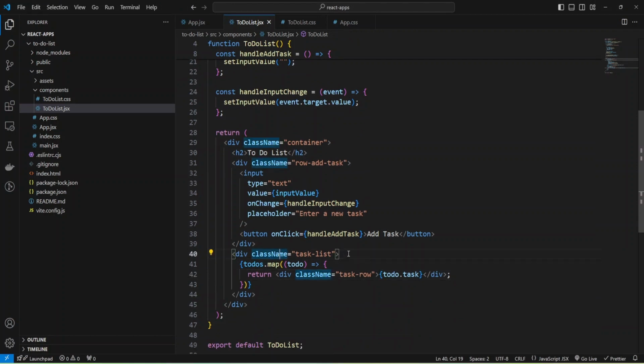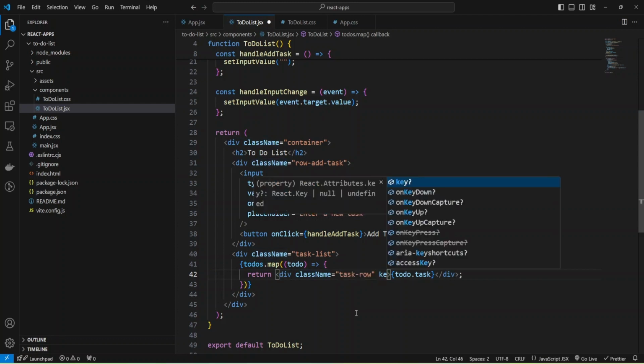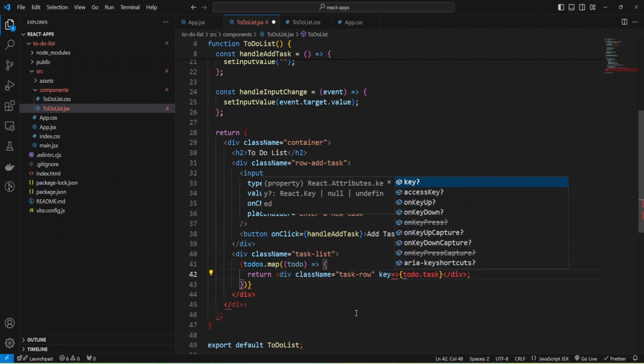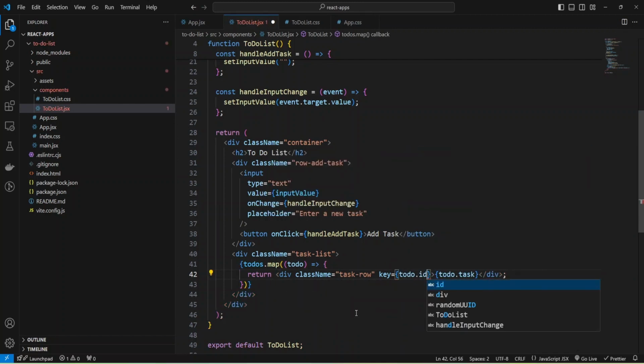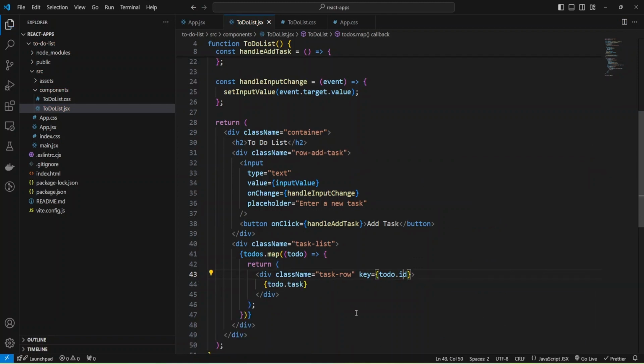I'm going to provide this key to my task row, just add key and provide my to-do ID, and React will use this key after rendering, and it will keep the state of component and help React with some performance.